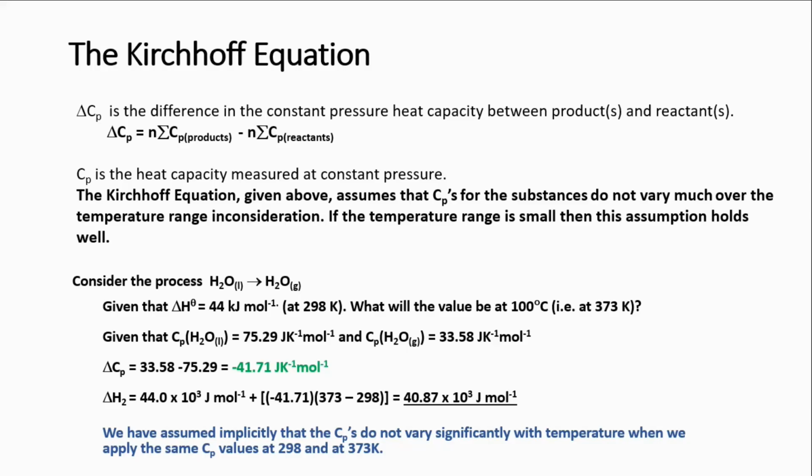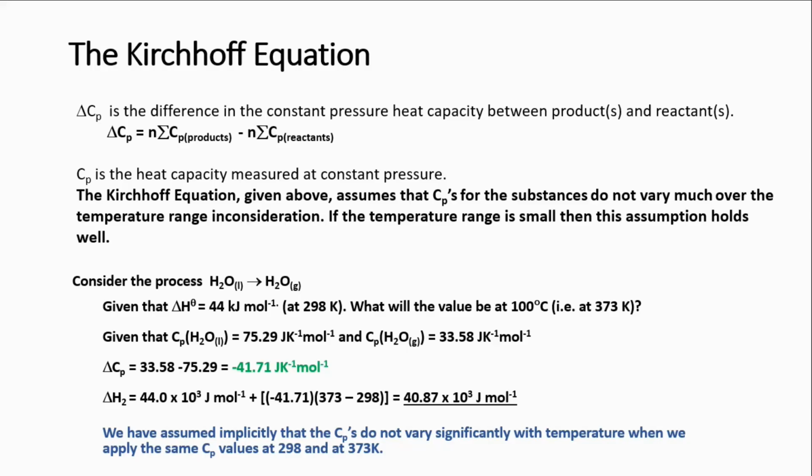Now, of course, it is interesting that we have a negative value, and this tells us clearly that as the temperature of water increases, its constant pressure heat capacity value will decrease. Now note that heat capacity cannot be negative. However, we did not calculate heat capacity, we calculated a change in heat capacity, and the change in heat capacity can be negative, as indicated by the results here of our calculation of delta Cp. So it can be negative, indicating that the final constant pressure heat capacity is lower than the initial constant pressure heat capacity.